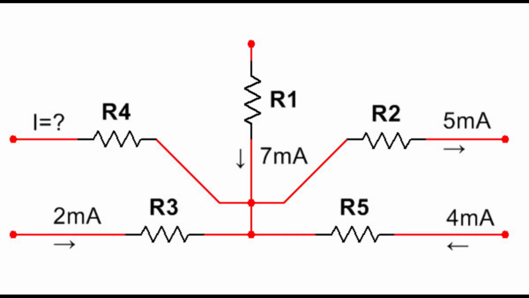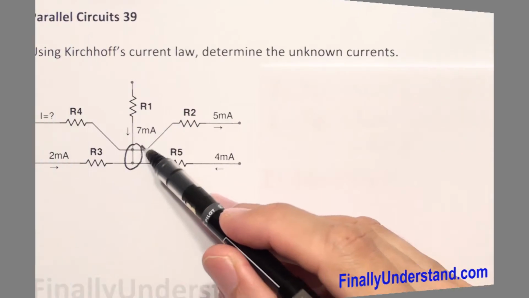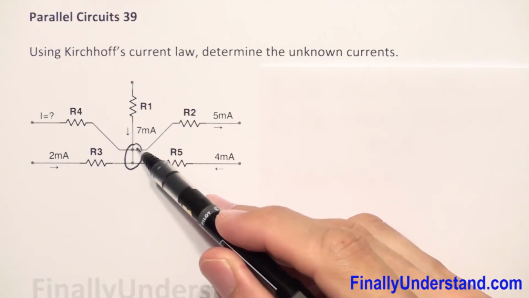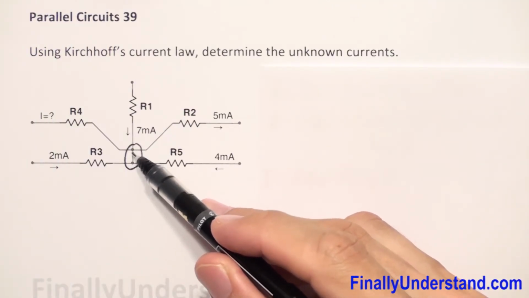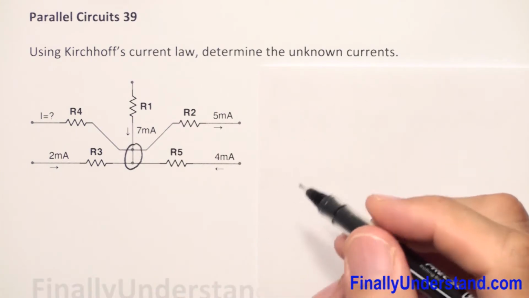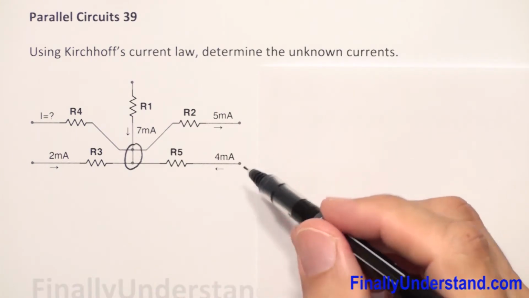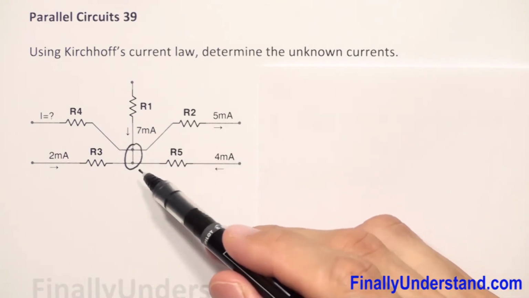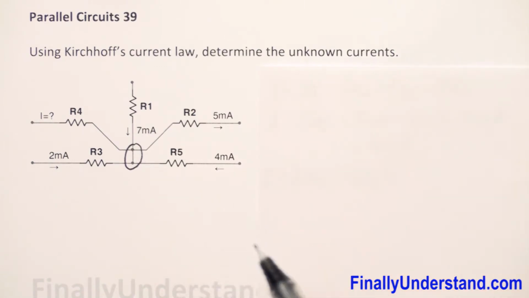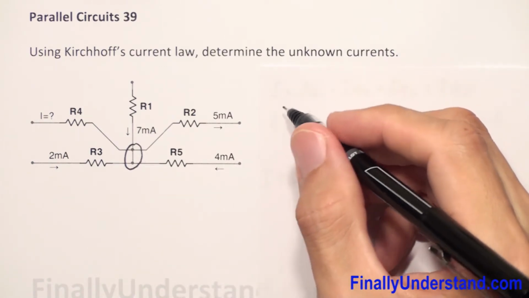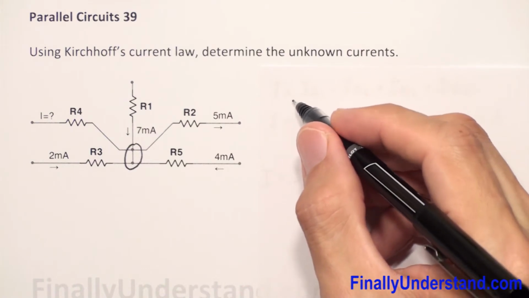Let's take a look at this example. Okay, so this is my node. This is the point at which these currents are going to meet together. You're supposed to realize that the sum of the currents which come into and leave the node is always equal to 0. That's why I'm going to write that